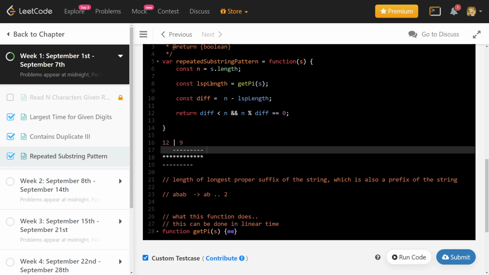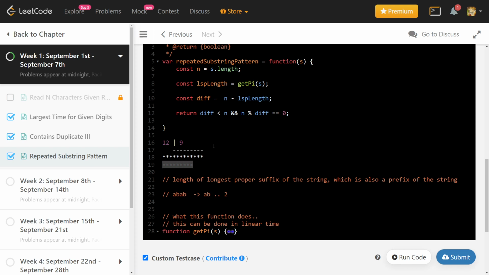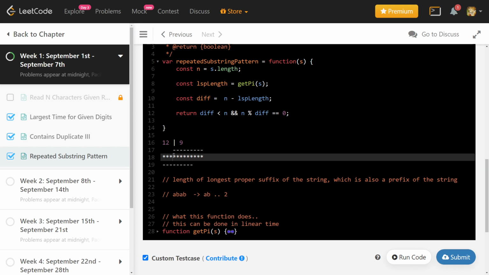So what is LSP giving me? LSP is giving me that if you start from here, this suffix is equal to this prefix. So we know that. What does that mean? It means that if you start from here, the string is what there was previously, right?